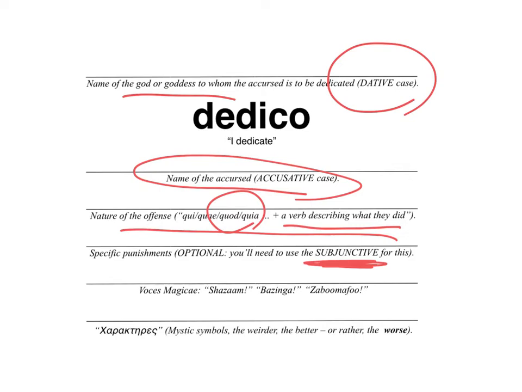Voces magicae, magical words, typically are carved on these mysterious words that don't really mean anything. I gave you 3 options here. Come up with anything you like. And weird magical dingbats, caracteres, to make it look spooky. All right, as I said in the rubric, and as you read in the culture section, many of the words will have the order of the letters inverted. The words in the sentence will be in the proper order, but the letters in each word will be written backwards.